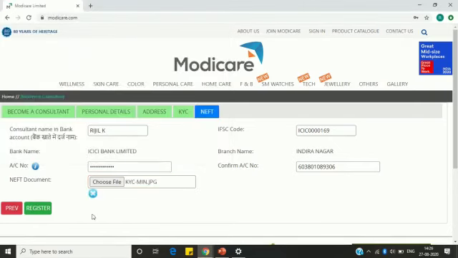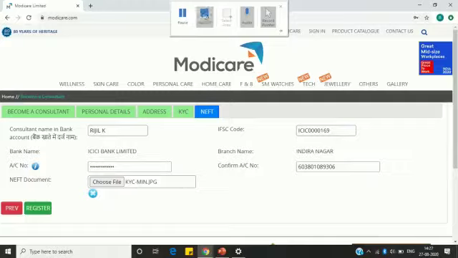So I have uploaded. And once you click register, you will get an 8-digit MCA number. This number is your MCA number through which you can start buying the products and also start sponsoring. So this is how you have to enter the KYC details of your new sponsor.